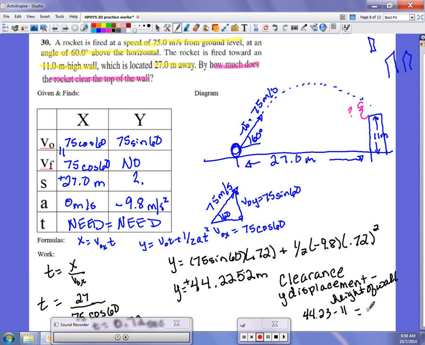So I get 33.23 meters. And that's a scalar quantity. It's not a vector quantity, so it's not going to have any sign. And I'm going to write it up here on the top because the bottom of my paper chopped off. So the answer is 33.23 meters. That's the clearance for the